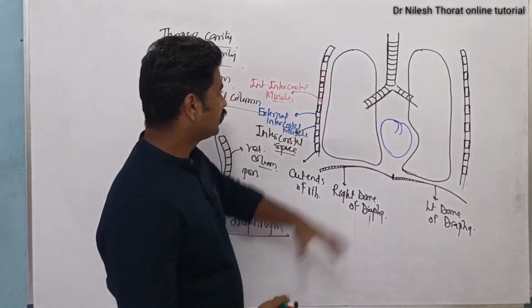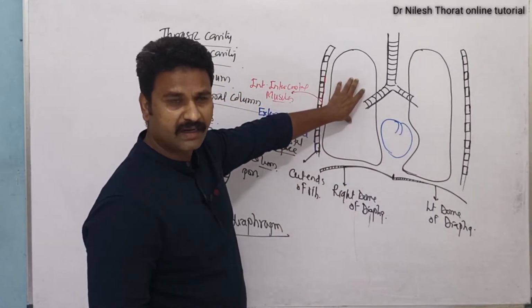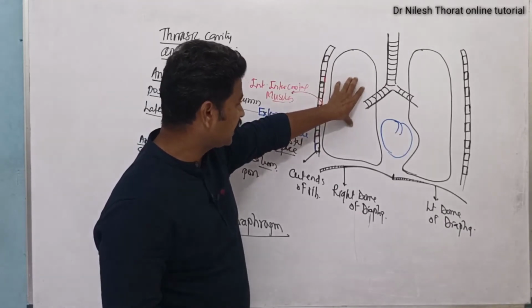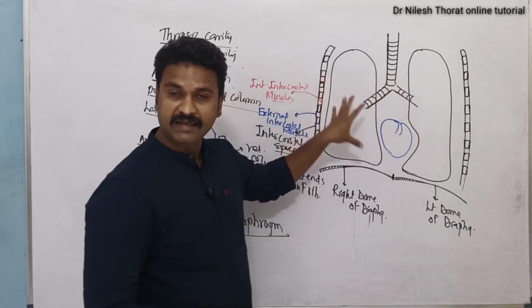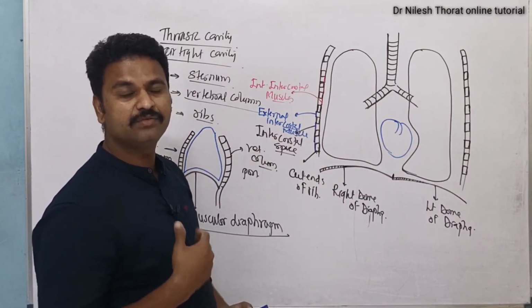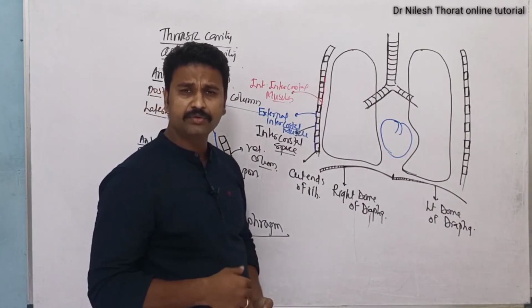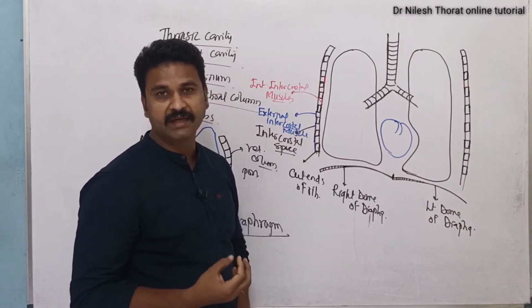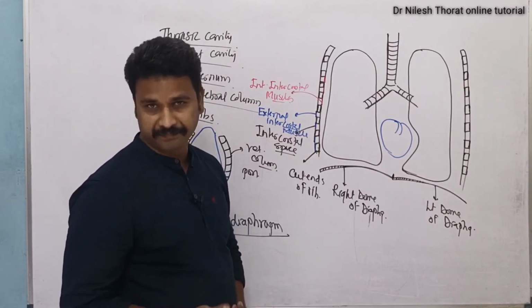Okay, so now we will try to learn about the anatomy of the lung. We have two lungs which are slightly pinkish in color at the time of birth, but they change into gray color due to deposition of carbonaceous material as we grow into adults. Clear for this thing?